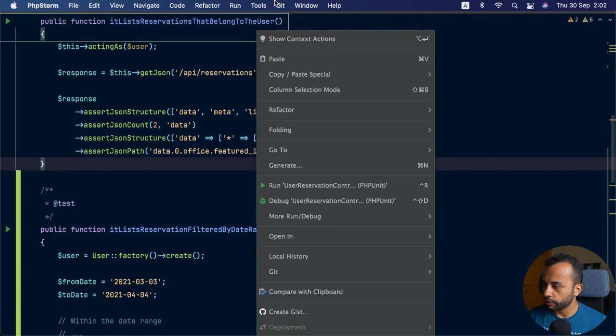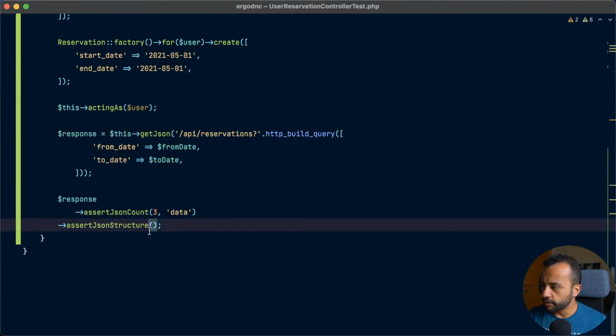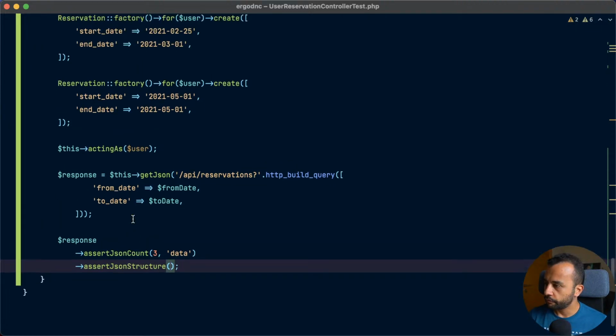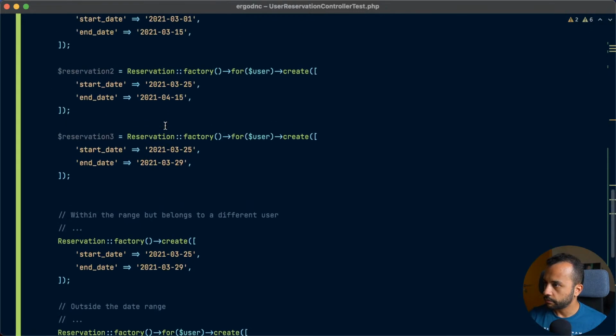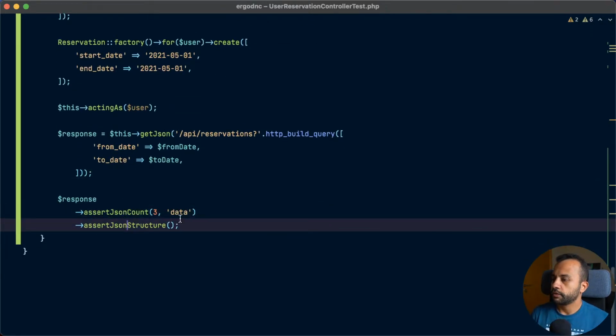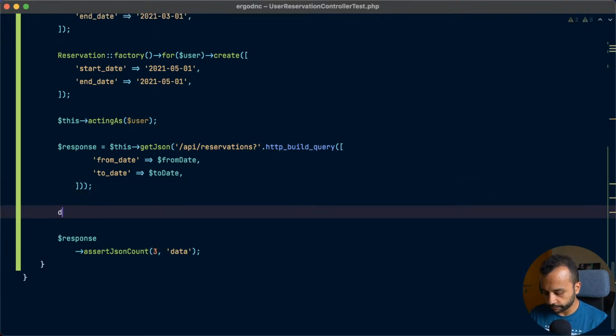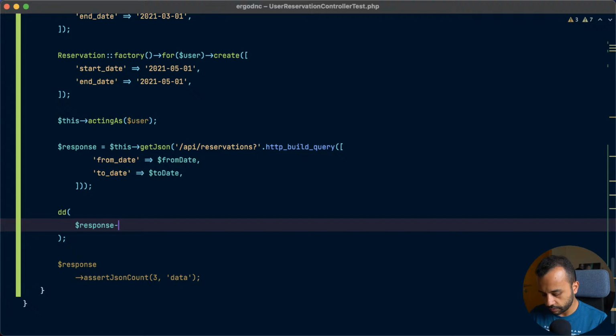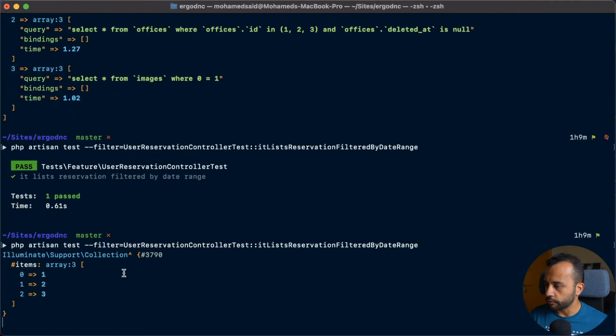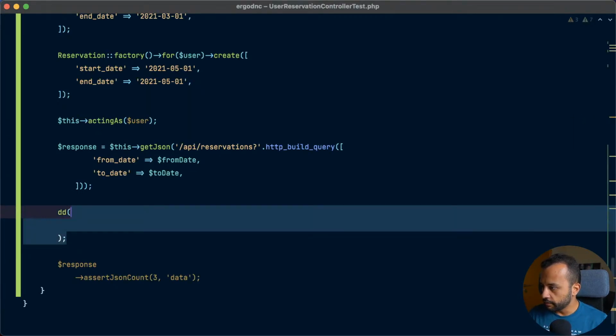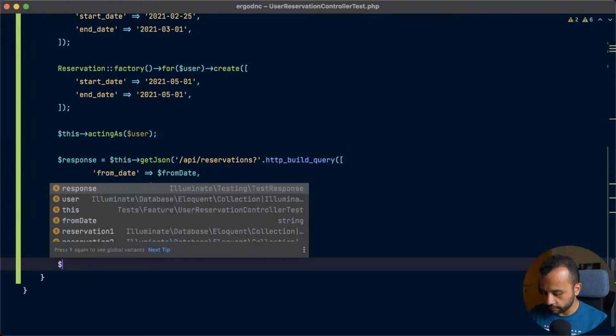Alright, we want to assert that these are the 3 records that should be returned. I'm not sure which method I should use, but what I can do is take the response JSON data, collect this data, and pluck the IDs. So this should return the IDs of the expected reservations, and I will just assert